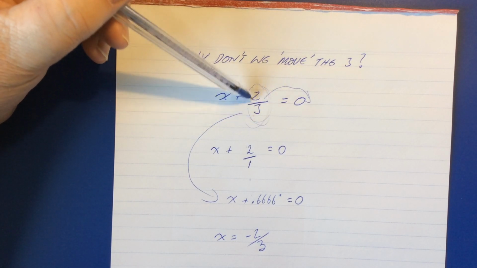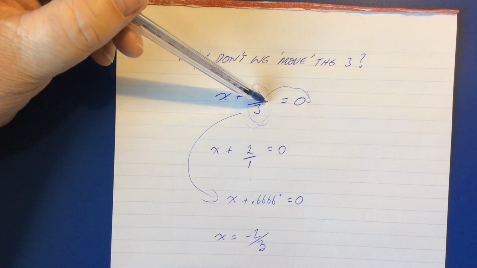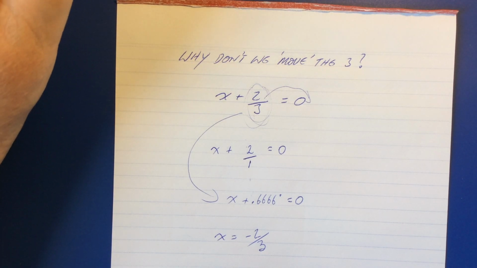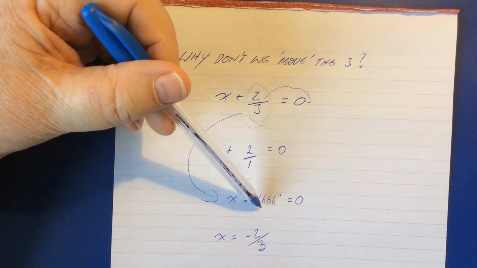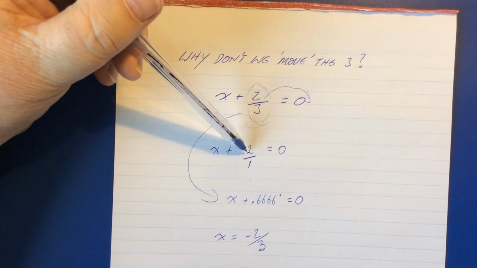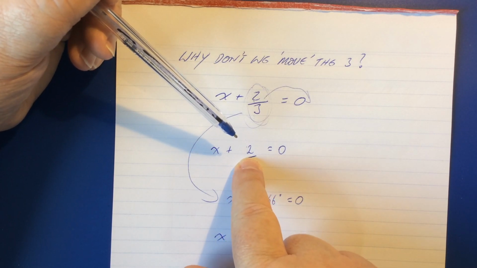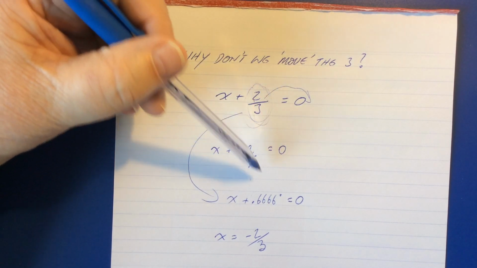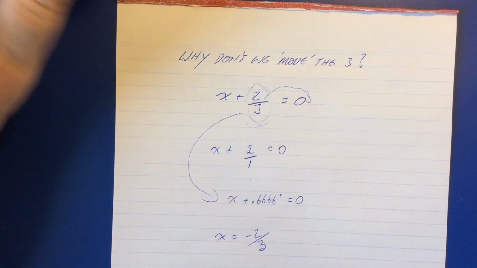If this is on its own, treat it as a number. If it's up against a letter, then that's another story, and there's a different answer. But if, as I say, you were to consider this as this, the answer is much clearer. If you were to consider this as simply that, again the answer is pretty clear. So, why would you treat this number any differently to this number or this number? Good question. Yet people do, and it's one of the